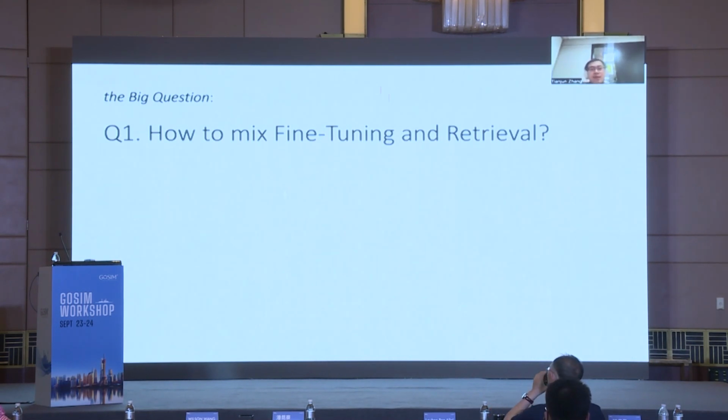But another way to do this is I don't touch the weights of the language model. I don't train it. I just provide the documentation as a prompt, and the language model could read the documentation and generate corresponding answers. They both have pros and cons. Fine-tuning is known to be more reliable and more accurate, and it can solve a lot more long-tail problems. But it requires you to update the model weights and requires some computing resources to get the model training.